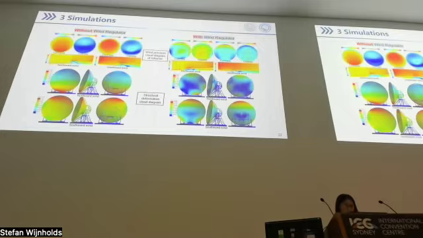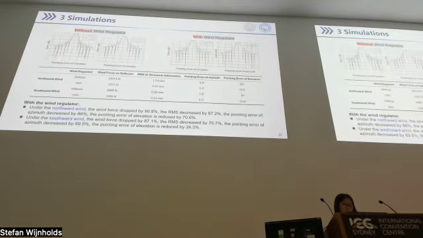It shows that with the wind regulator, it has decreased the wind pressure and decreased the structure deformation. With the wind regulator, under the northward wind, the wind force dropped by